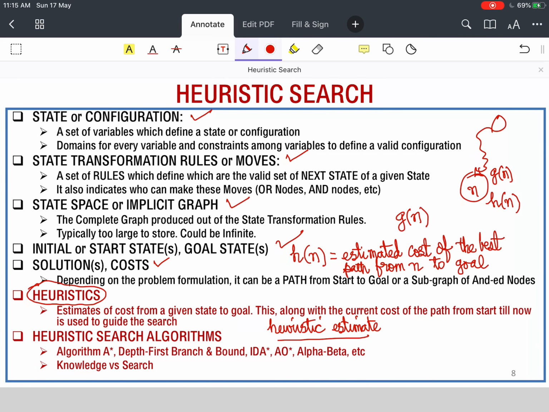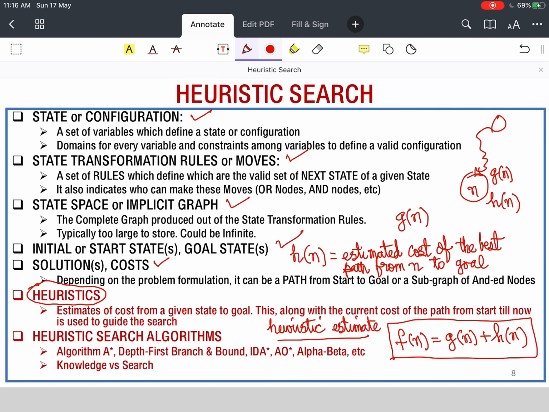Previously in depth first search or breadth first search we were using just the node. Then in cost based search we said we will use the Gn value to define how we go ahead. Now with the heuristic value available, we will use the estimated function Fn equal to Gn, which is the cost obtained till now, and Hn, which is the estimated cost from here for the best path.